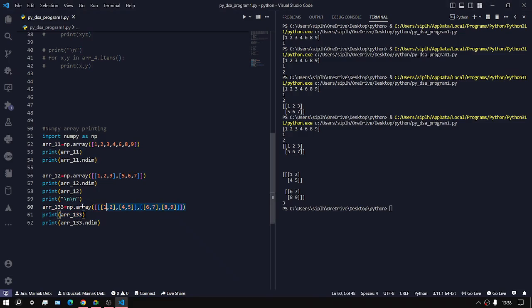This is my total 3D array. In this 3D array we have two 2D arrays, and in each 2D array we have two 1D arrays, and in each 1D array we have two elements. Okay, and when we return the dimension, it shows the dimension as 3. Okay, now see,